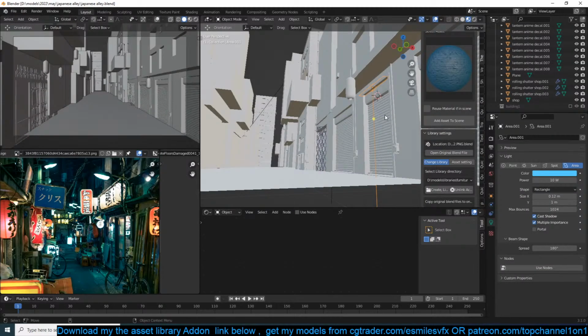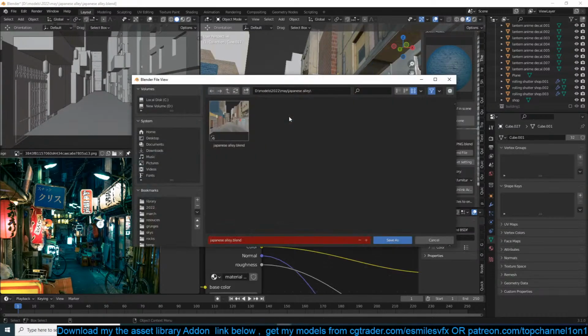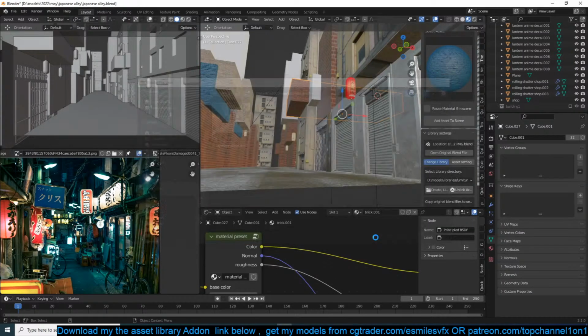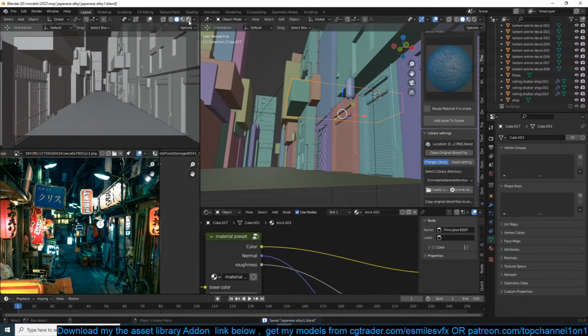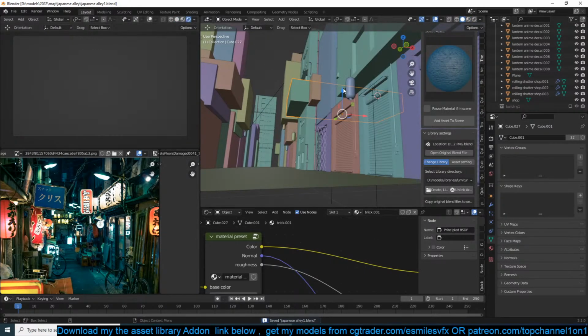When it starts to crash, I think the reason it's crashing is because I have EV and Cycles open at the same time. So let me go to this.